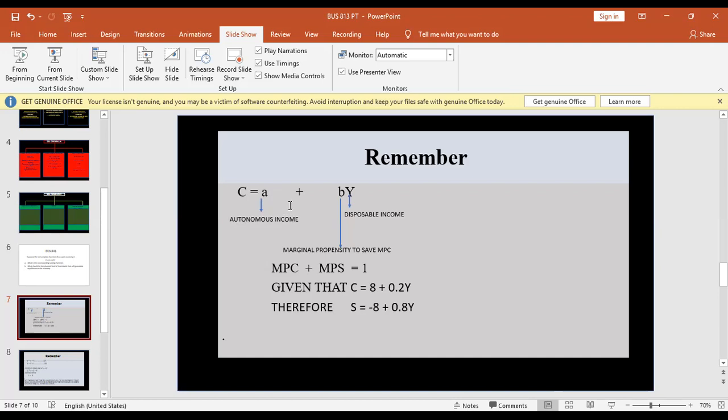So now this constant plus this B, the B is what is referred to as your marginal propensity to consume. This is not to save, it's to consume. Marginal propensity to consume. That is what the B stands for. And what does this mean? It simply means that whenever you earn income, whenever you receive salary,